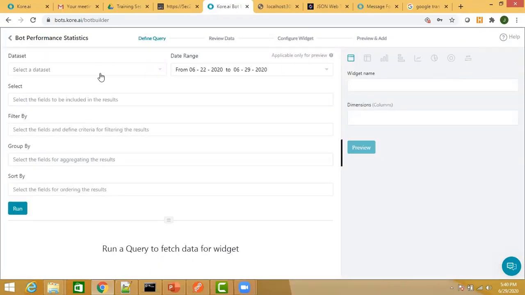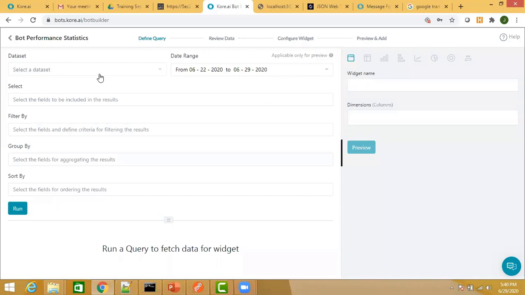Now there are three data sets which are exposed from our platform. One is the analytics data set, which will give you access to all the analytics data which is available. That is intent found, intent not found, tasks successfully executed, task failure, the channel, and all related details.